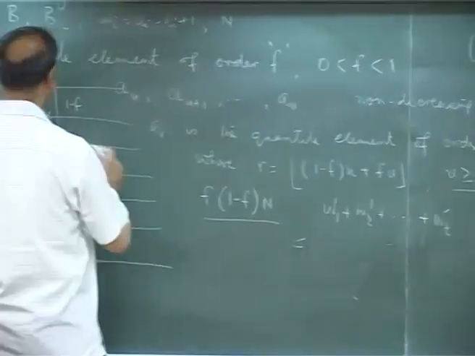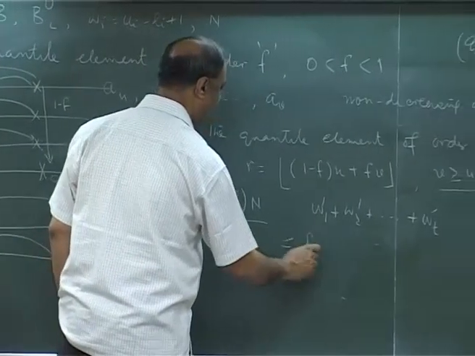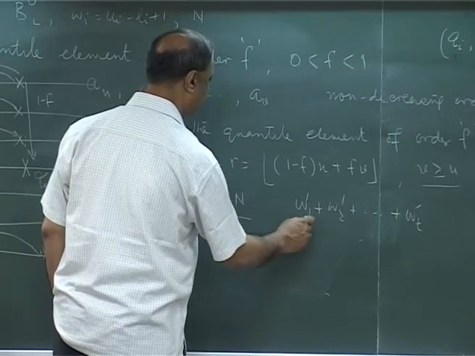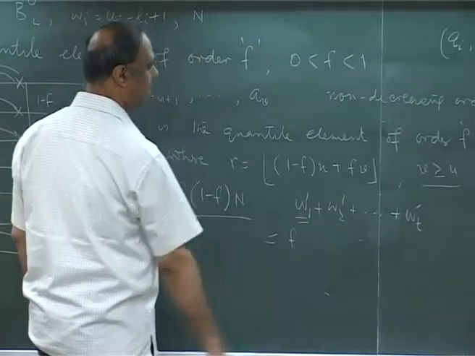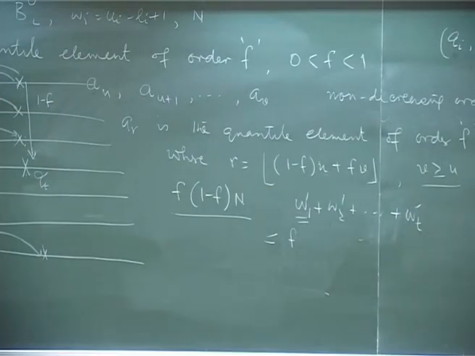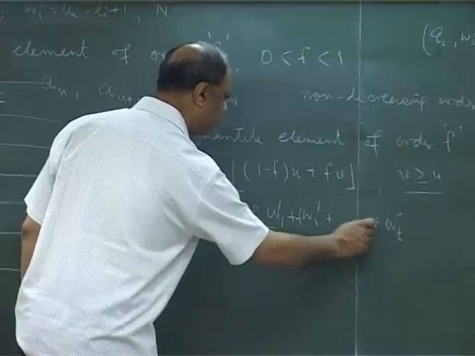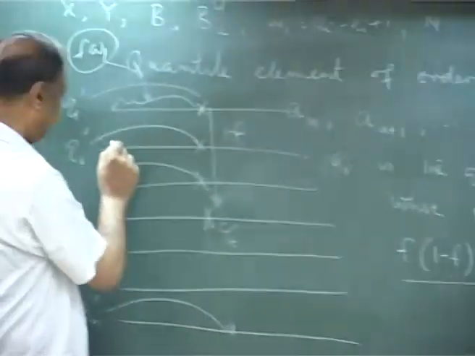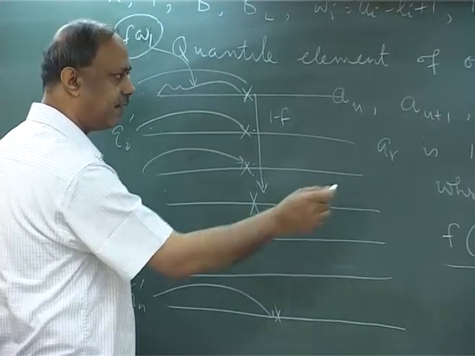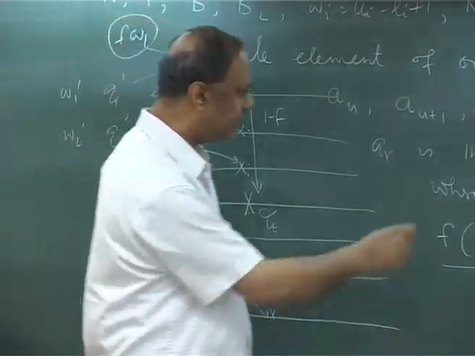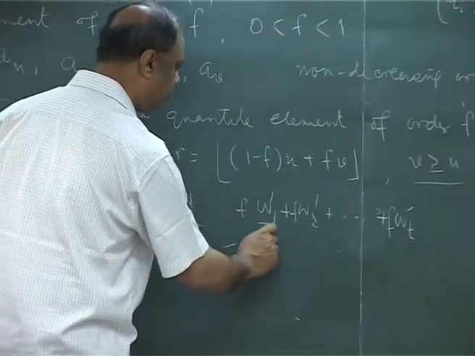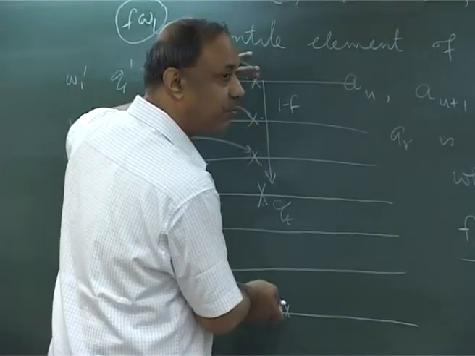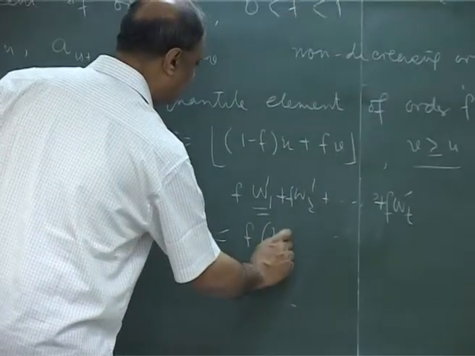w1 dash gives you the guarantee of f times, this gives you the guarantee that f into w1 dash, f into w2 dash, f into wt dash. This is f of them, they are less than. This is the sum. Agreed? So this gives you the guarantee that f into, this side is 1 minus f of total n, so it is 1 minus f into